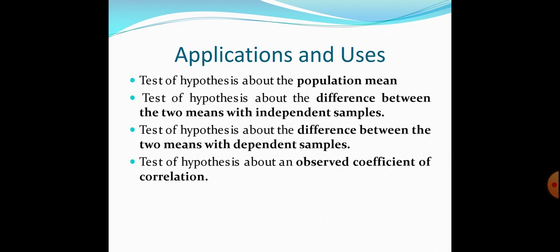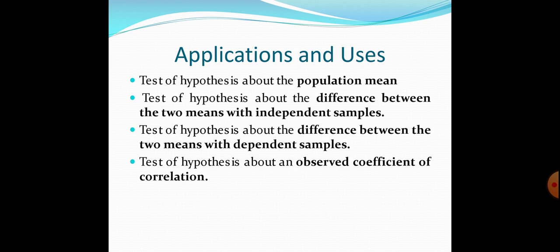Now that is the example of the first type, single sample t-test, in which you are provided with a single sample and you have to compare the mean of that single sample with a hypothetical mean, with a population mean, with a standard. So this is the first use of the t-test, in which you have to test the hypothesis about the population mean. Only a single sample is given to you and you have to compare the mean of the sample with the population mean.